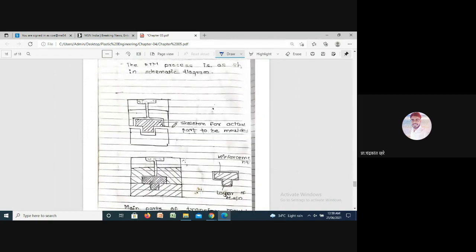This is also not typical. We just have to see the diagram, and by observing it, write down the theory. Here you see the skeleton for the actual part to be molded, and reinforced. Skeleton means it is a duplicate part.